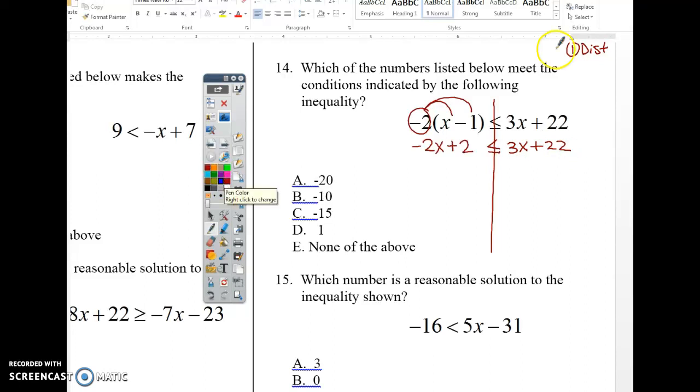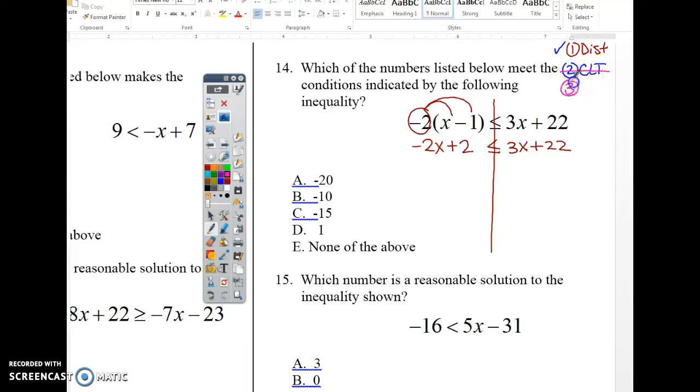Step 2 is combine like terms. There's nothing to combine on the left. One has an x and one doesn't. There's nothing to combine on the right. One has an x and one doesn't. So we're going to go to step 3,